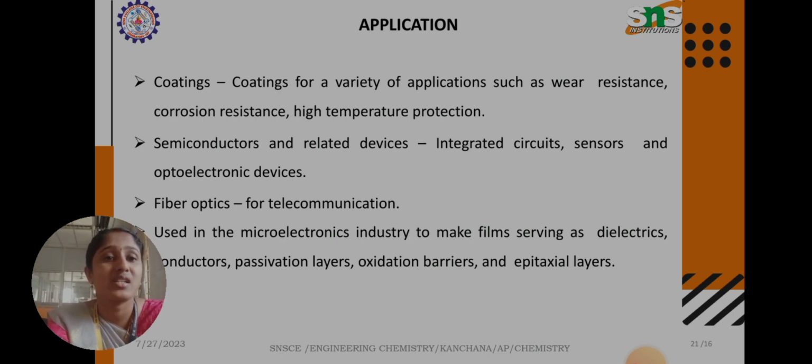high temperature protection. Semiconductors and related devices, integrated circuits, sensors and optoelectronic devices, fiber optics for telecommunication, used in microelectronics industry to make film serving as dielectrics and conductors and oxidation barriers and,